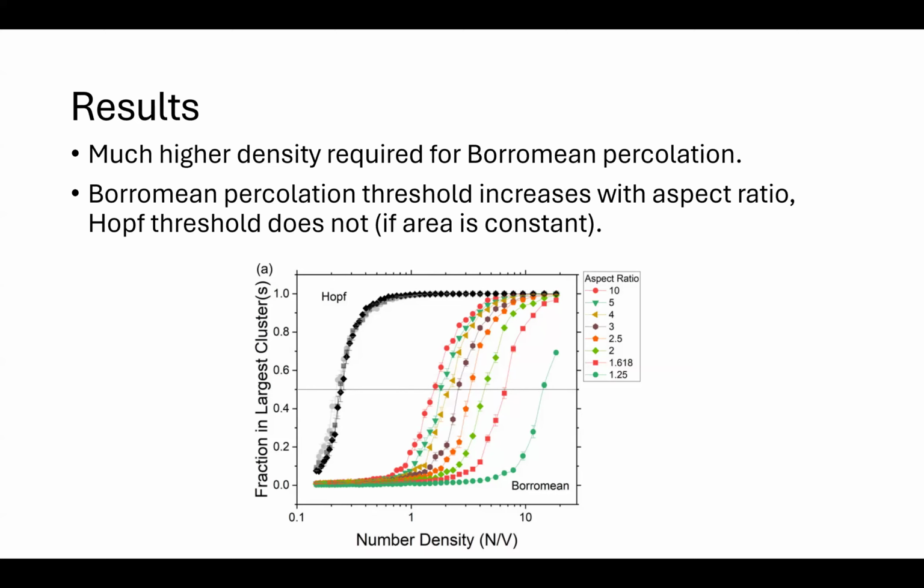What is interesting, and I have a partial explanation for, but won't get too into, is that if you look at the hop linking percolation threshold, it is roughly independent of the aspect ratio of the rectangles. If you look at the Borromean threshold, as they get closer and closer to squares, you need a higher and higher density of rectangles to form a percolating Borromean network. But as they get longer, it's easier for them to pass through each other. And that eventually plateaus at about 10 times the critical density for regular hop percolation.